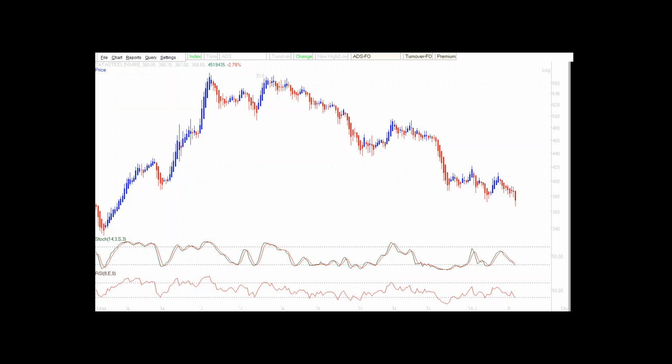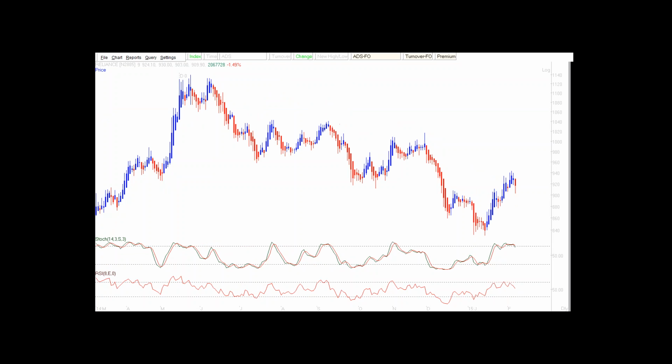So this is what a hidden divergence essentially is. If I change the stock and go to something like Reliance Industries, right, now you see in Reliance Industries we have a strong positive divergence. See, the stock falls, it makes a lower low. Over here the value of the stochastic has gone up. This is a pure divergence which tells you that the possibility of a trend reversal is high. That's the difference between a pure divergence and a hidden divergence. A hidden divergence will help you to do a swing trade. A pure divergence will help you to do a contrarian trade.